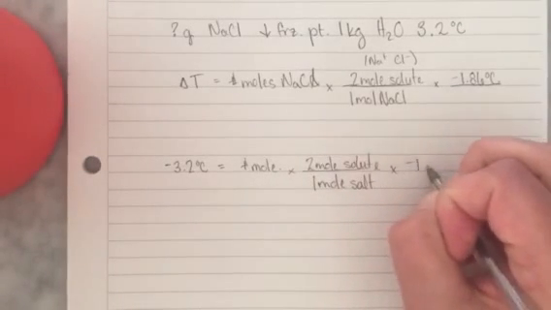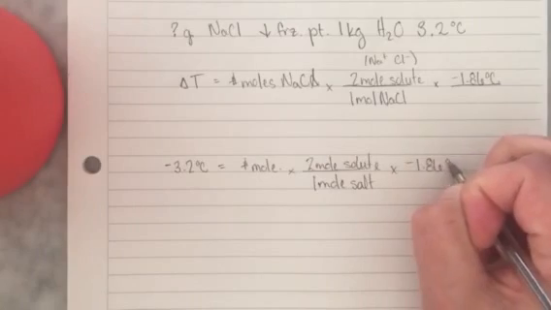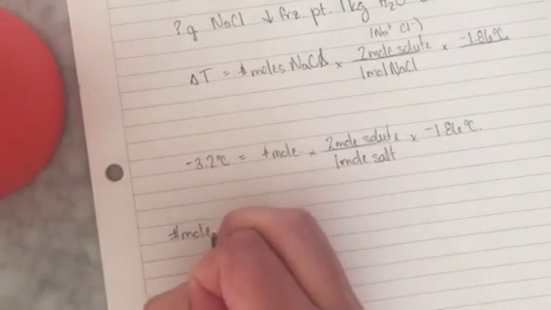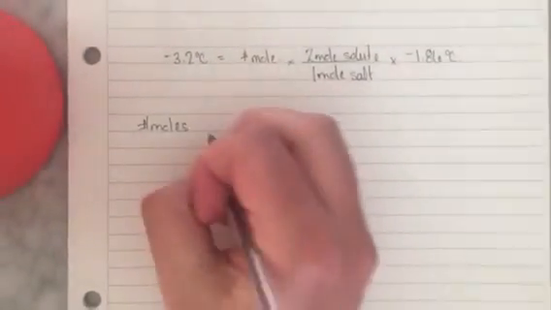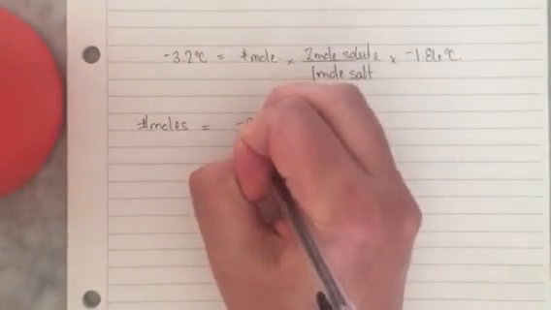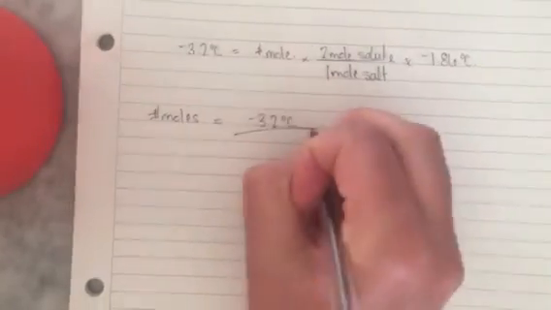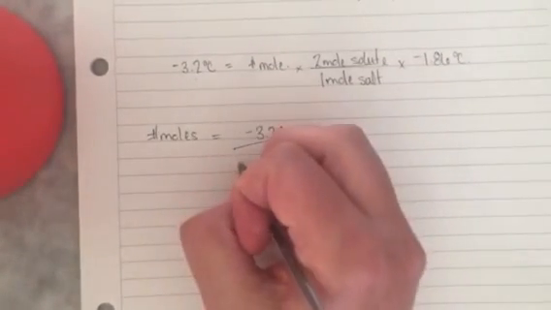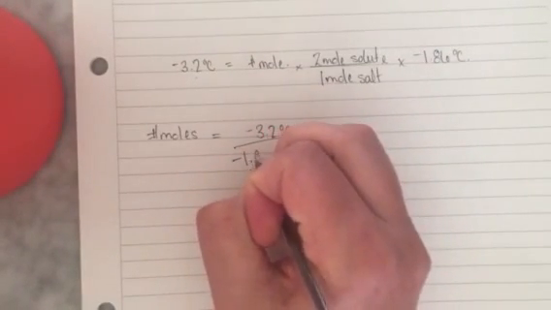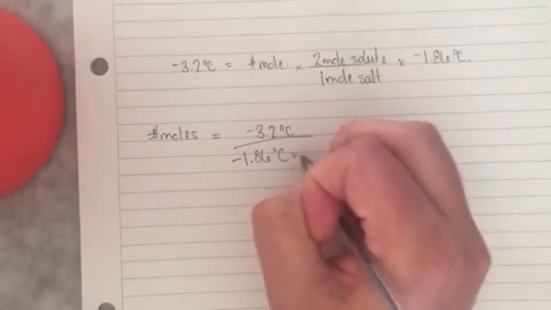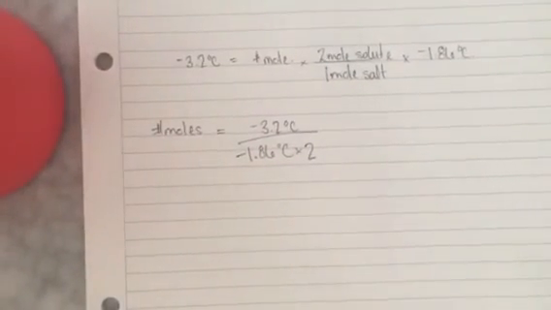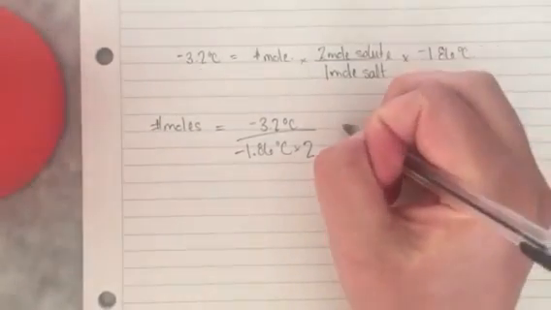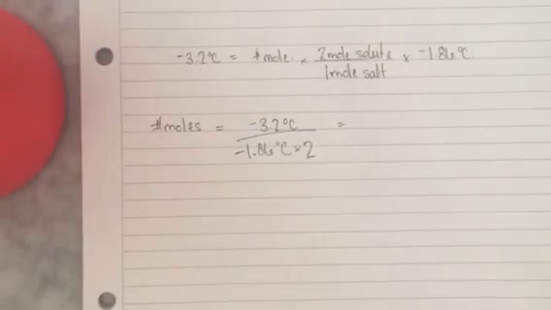And again, times that, negative 1.86 degrees C. So if I solve for my number of moles, bring my 2 over, bring my 1.86 over, and I'm in number of moles of NaCl, which is equal to